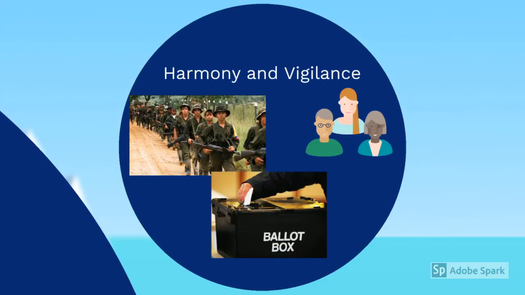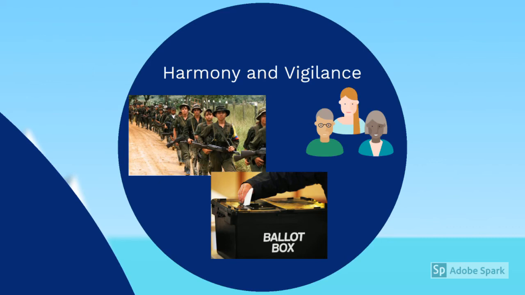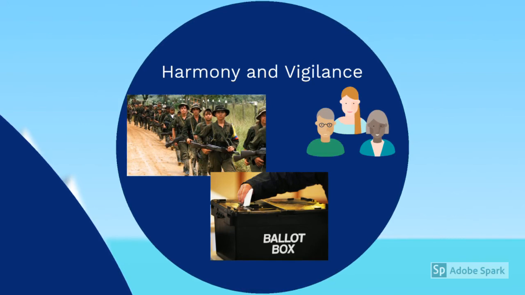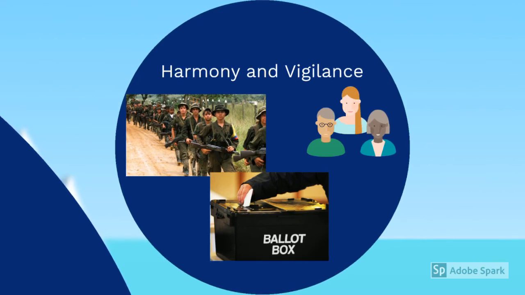The main method by which wars like World War II can be stopped is by ensuring harmony and maintaining vigilance during peacetime. Singapore is a small nation in a turbulent region where conflicts in our neighboring nations, such as Indonesia and Malaysia, will affect us and tear us apart. In recent years, we have faced the threat of terrorist onslaught, with many terrorist plots having been uncovered recently. We always need to ensure that we are united as one people and are vigilant enough to prevent ourselves from